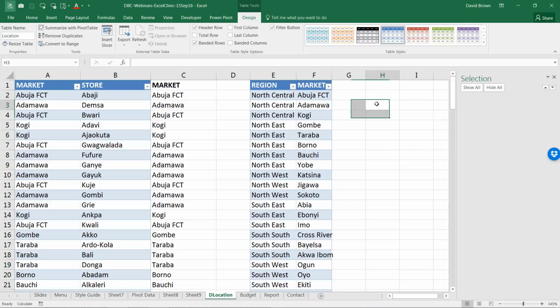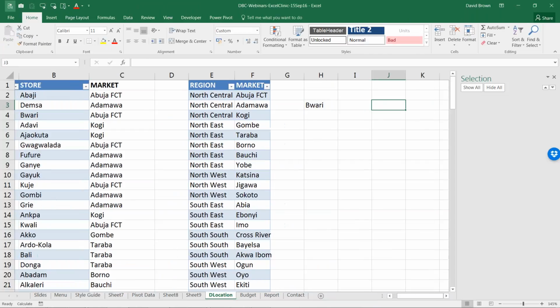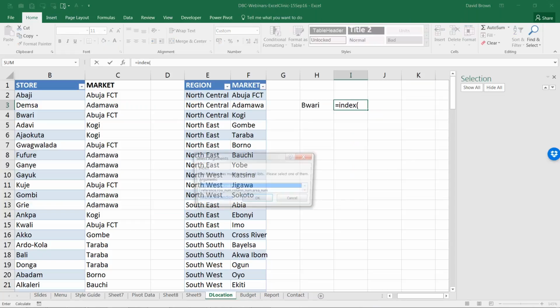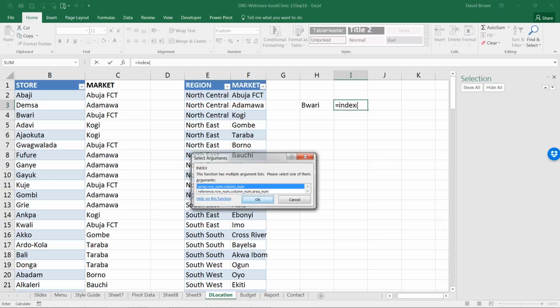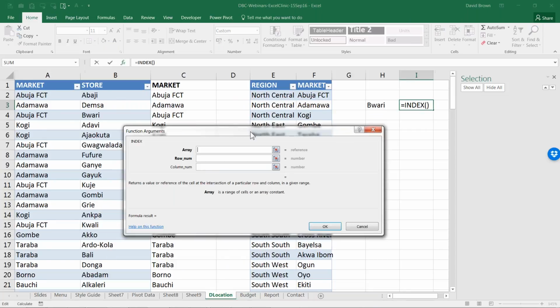So if I come in here and I type Buhari, and then I say INDEX, what INDEX does is this. INDEX is asking you, what are you working with? Which table are you working with? The table I'm working with is called location.